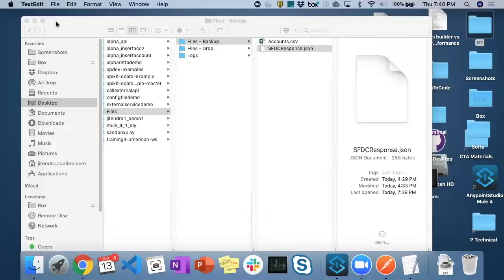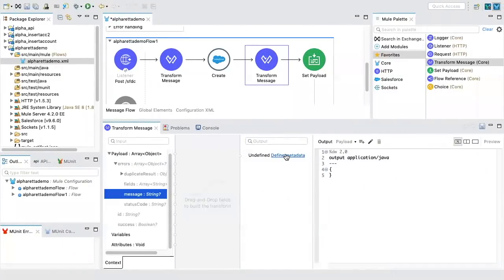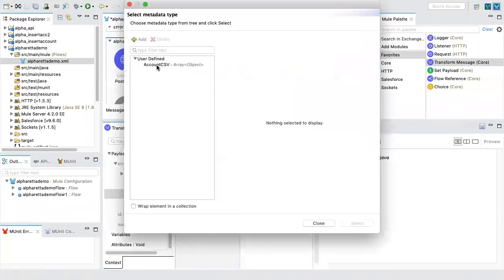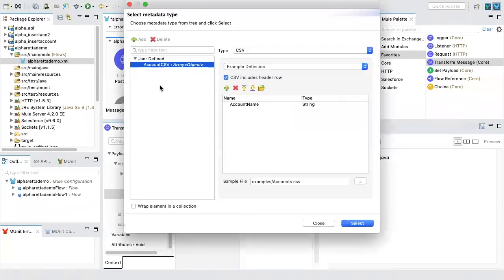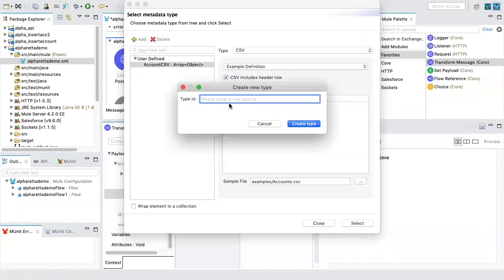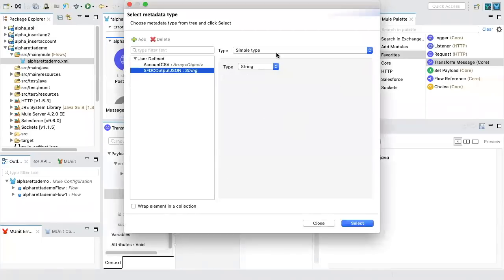So now what I will do is, I will go on Mule. Sorry if I'm going fast. Stop me if I'm going so fast, okay? Again, we declare the CSV file format. Same way, we will declare more as SFDC output JSON. I'm saying that it is going to be JSON.